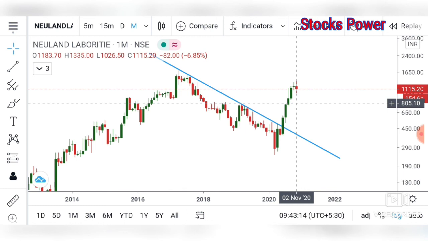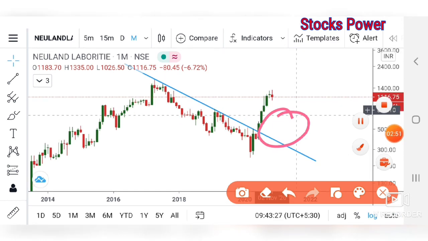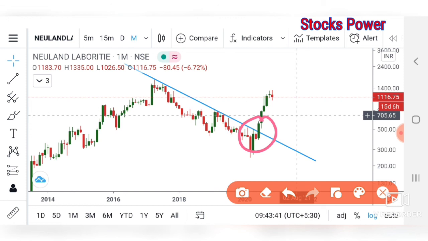So I was going to tell you that we have to use this strategy at the start of the month or month ending. So you will get to know that the stock has given breakout at the end of the month. So you can use this strategy at the end of the month. Otherwise this strategy will not work. So you will see, let the candle close above the trend line. Okay, so after the candle closes above the trend line, you can check the stock.